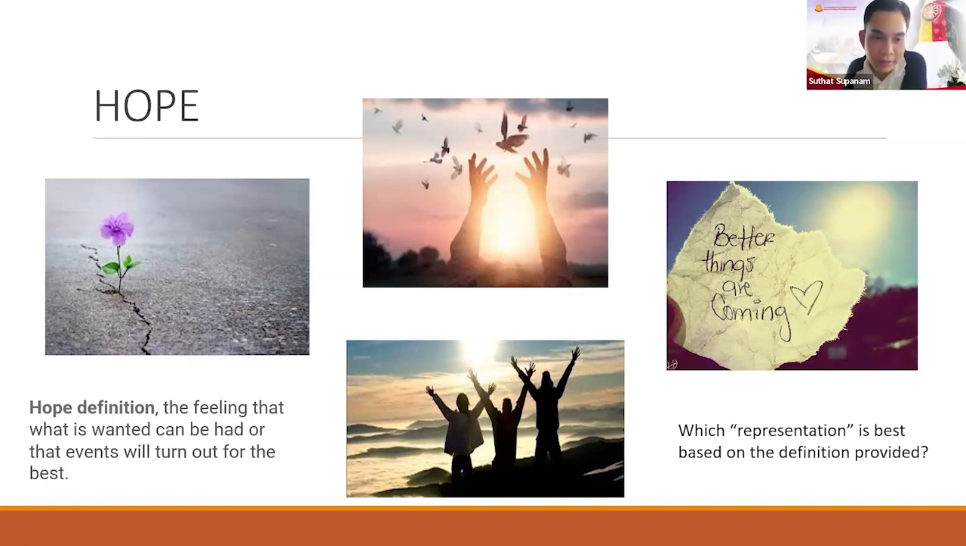I think picture number 3 represents hope, because the three people are waiting for something that they want to have at that time, or something in their life for the future, and they wait for that. Okay, for present. All right. Okay. How about